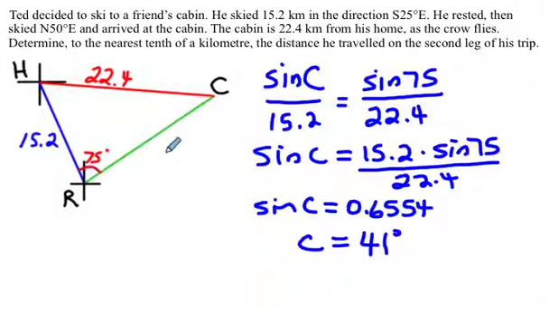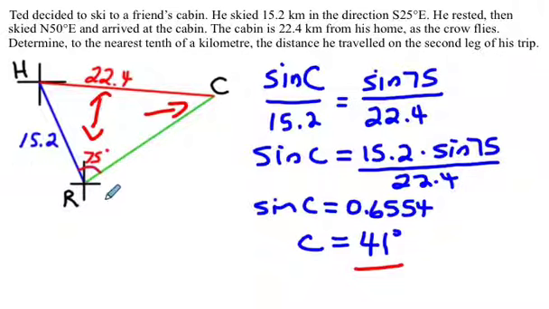Because we're looking for side H, we really can't find side H yet because all we know is this angle and side, and we know the blue side. So the only thing we can find is the angle across from that side. So we use the law of sines to find out what angle C is. And once we know that angle C is 41 degrees, just by doing the math like we do with every other question,